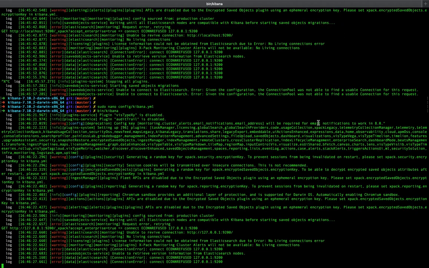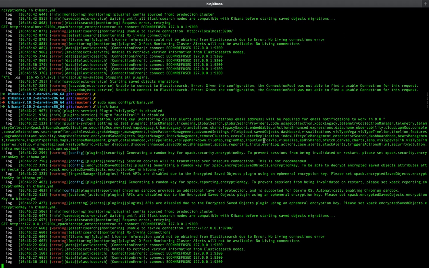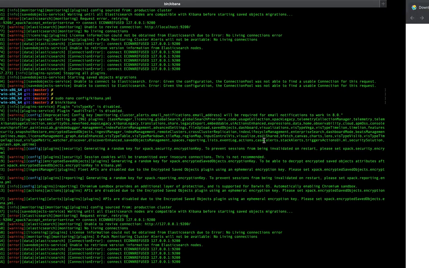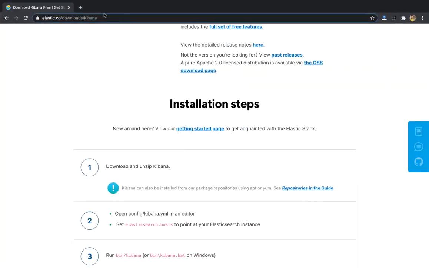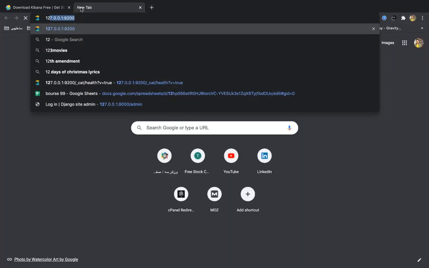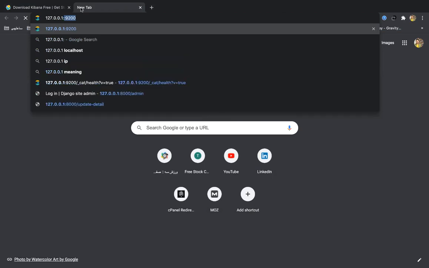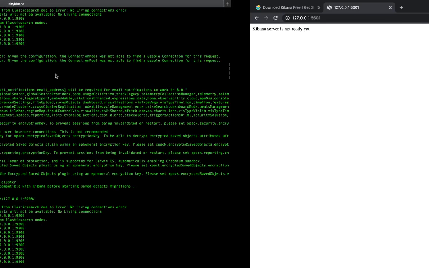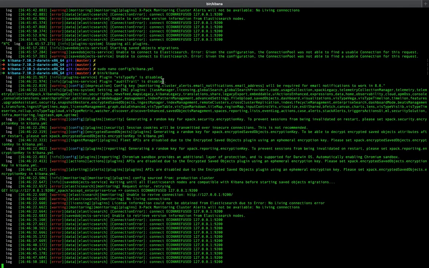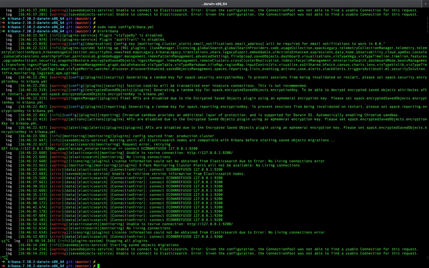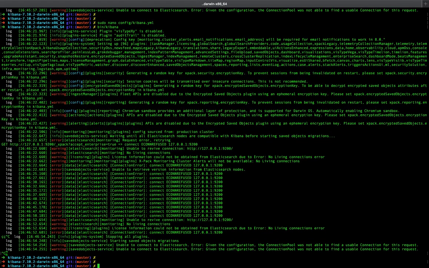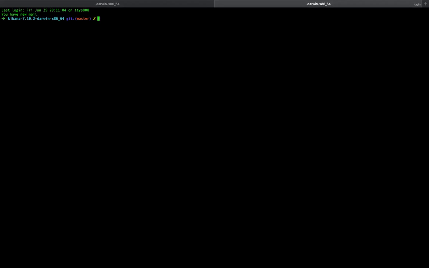So we're gonna try to run Kibana right now. I'll type out this URL. Kibana is not ready yet. So why is that? Our Kibana is working perfectly, but in order for Kibana to run perfectly, we have to